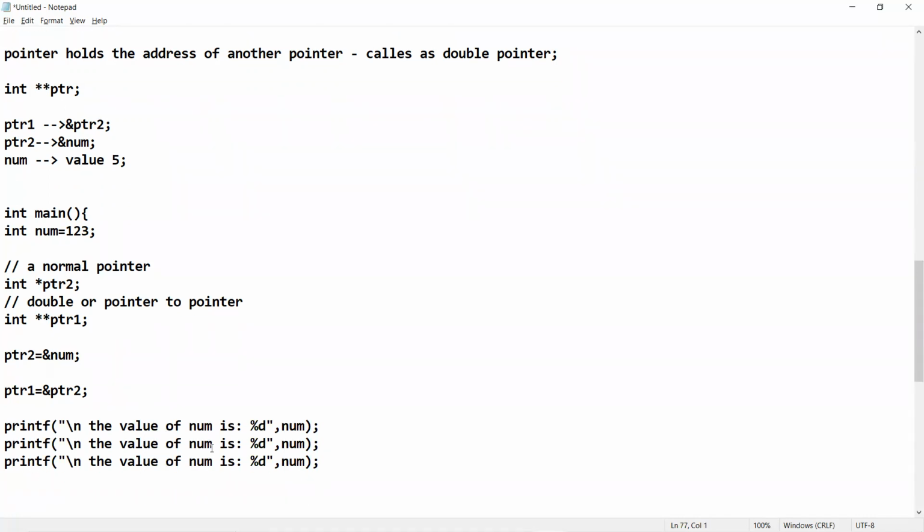And again, the value of number using ptr2 is, so how to do it actually? *ptr2, that's all.